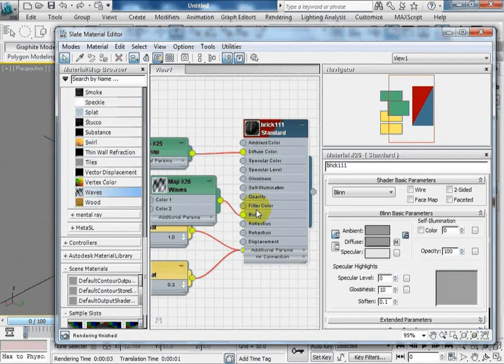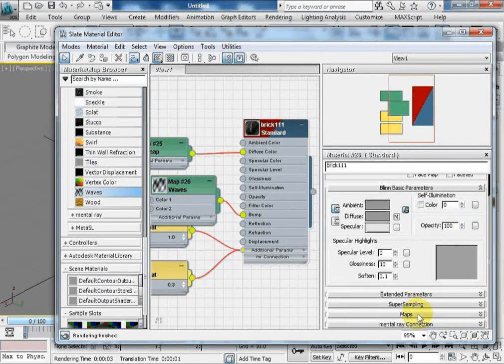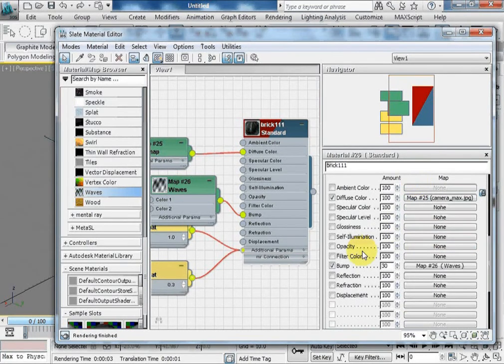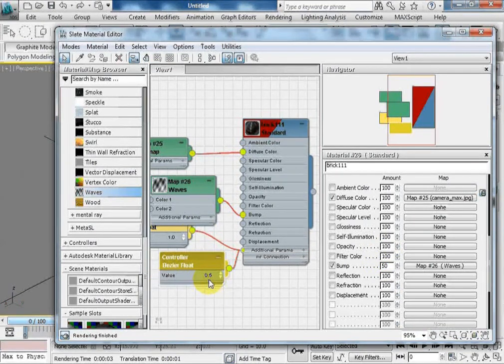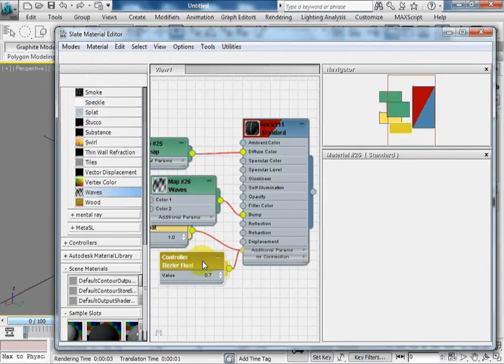If I double click bump, here in the maps, you can see the bump value right now is 30. I can bump it up. Let's give 50 here. You can also directly control this value, 0.5, the same. You can change the percentage. Then if I do a rendering,